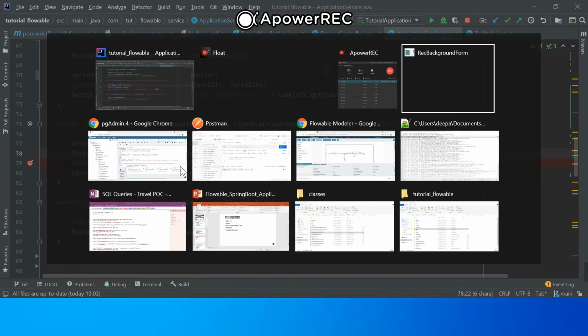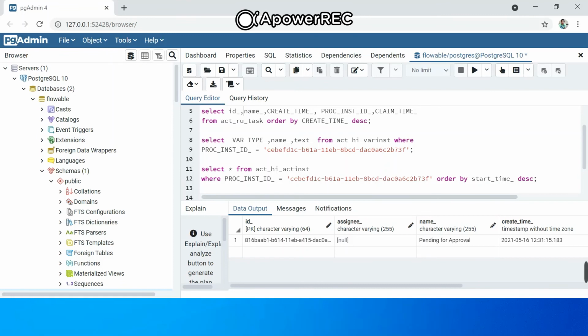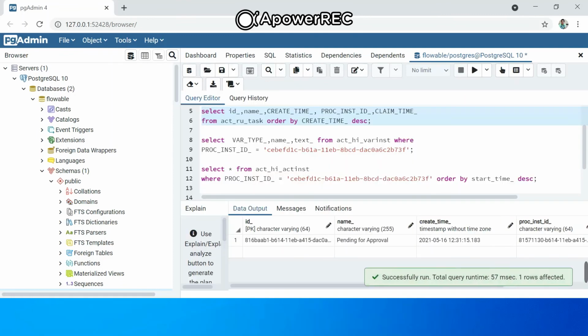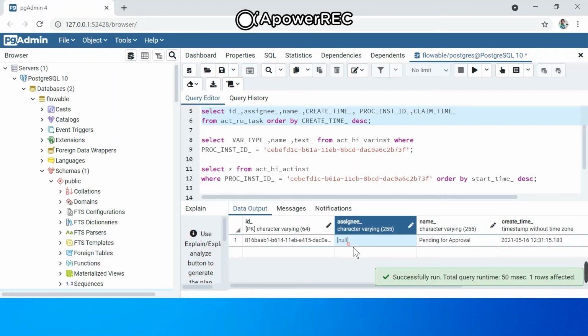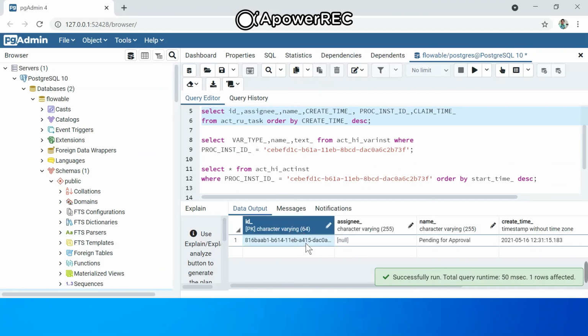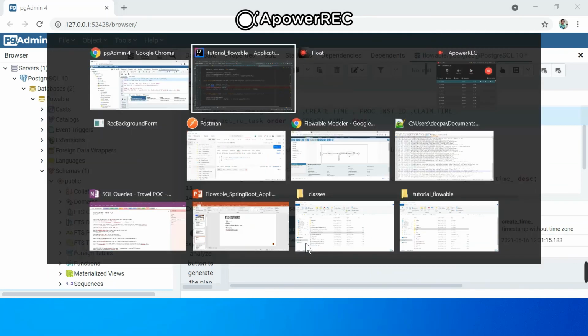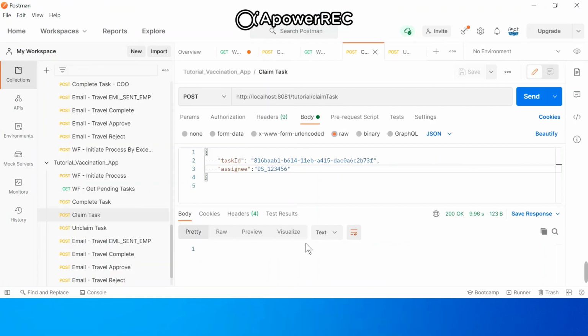Here what we can see is we have another column, assignee, in the ACT_RU_TASK table. We can see this assignee is null for this particular task ID. We'll try to use this claim task API using Postman.